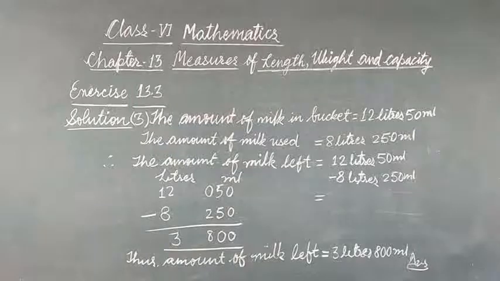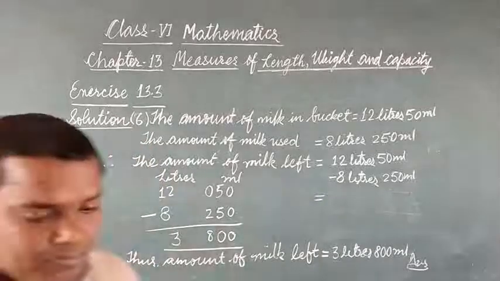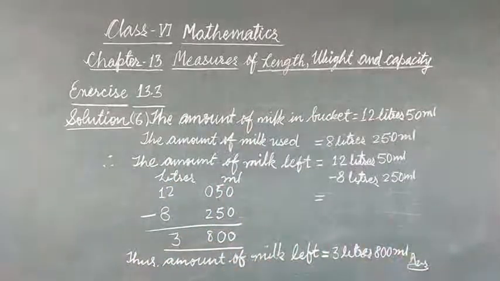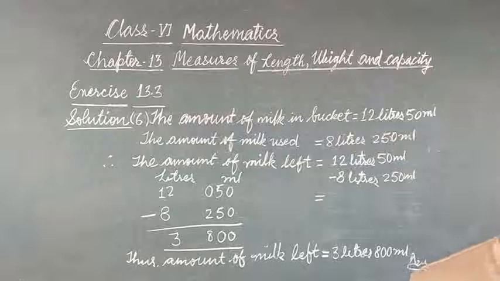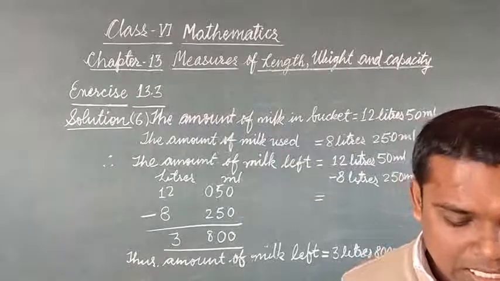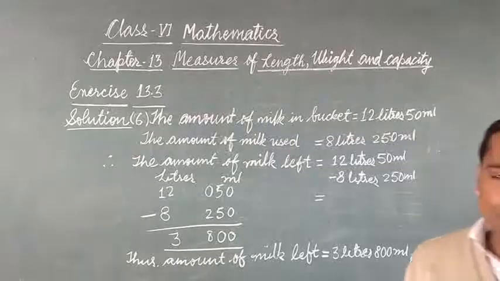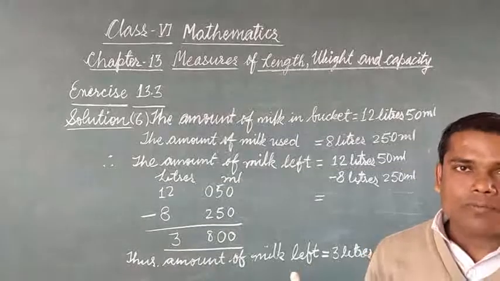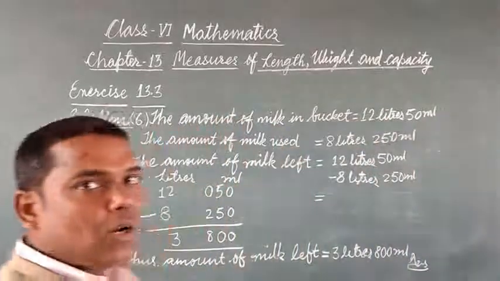In the next question we have question number 6. I am going to solve question number 6 for you. It is given that a basket contains 2 kg 500 gram sugar, 3 kg 250 gram rice and 5 kg 500 gram of pulses. What is the total weight of the basket? First of all we write what is given: the weight of sugar, weight of rice and weight of pulses, and the total weight we calculate by adding all 3 weights.